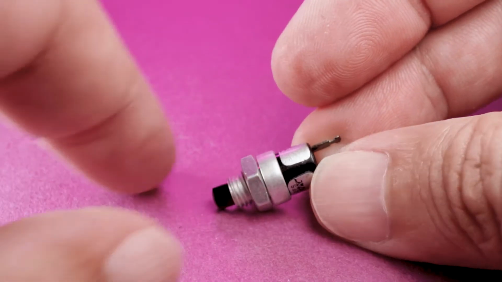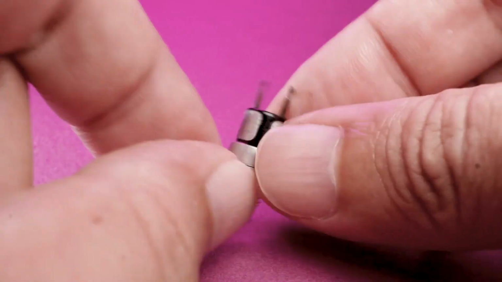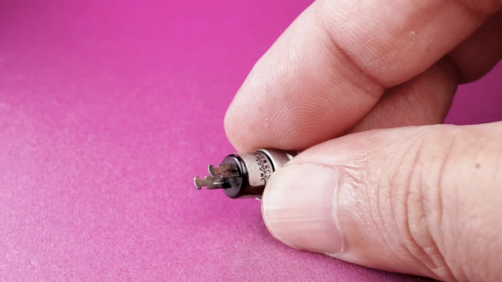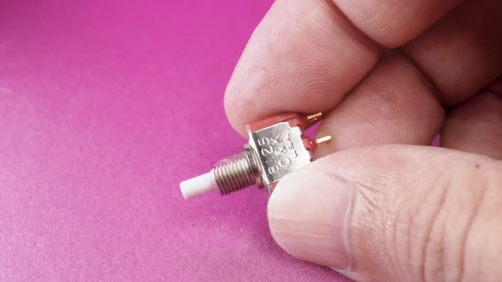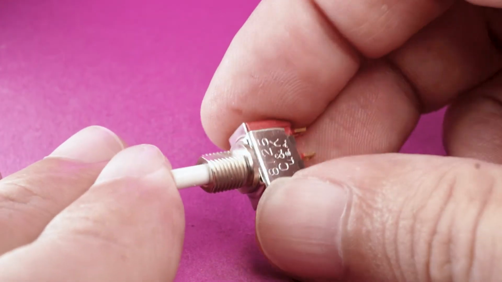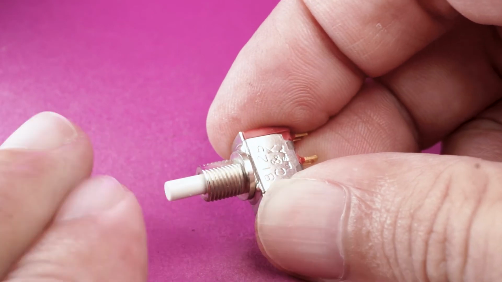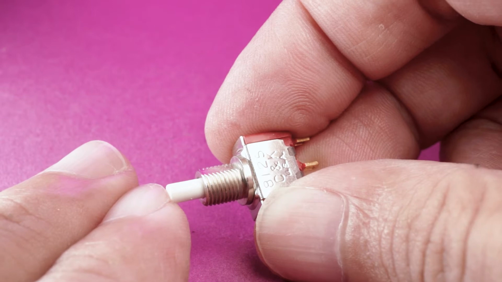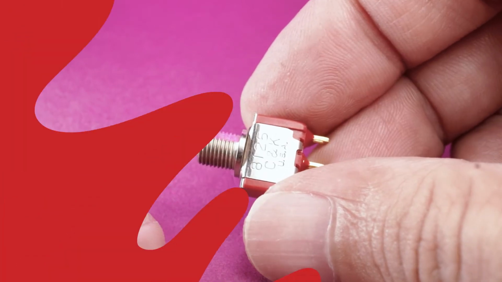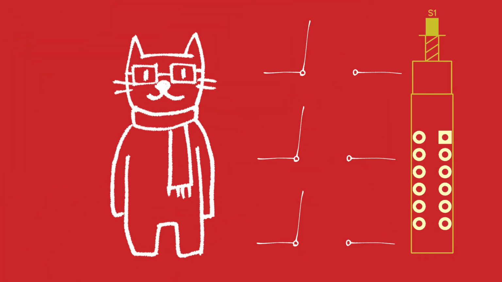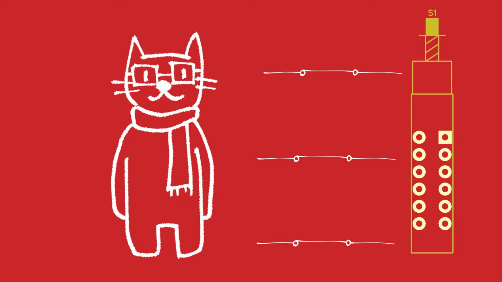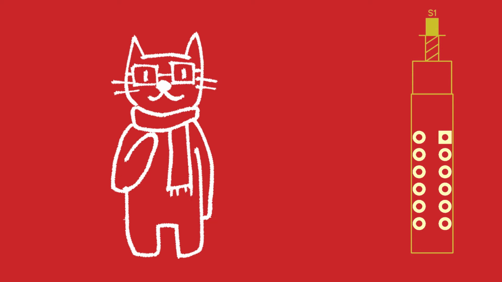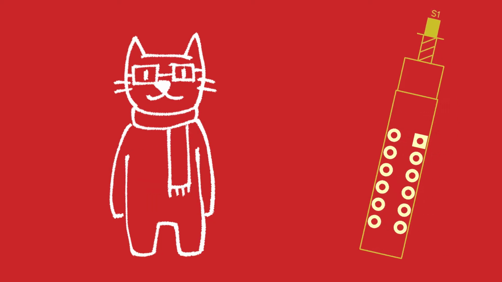Now, there's different variations of these push button switches. You have latching switches, you have switches that are normally closed, so when you push down on it, it actually will open that circuit, so it works in reverse. And you actually have switches that have multiple poles built into them. And what that means is you can actually have multiple circuits with just one single button push. So with that, I want to talk about switches and what you can do with them when you do have